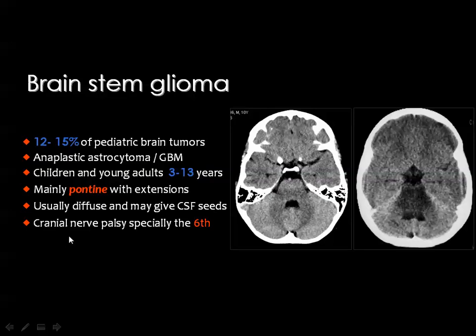One of the commonest presentations is the cranial nerve palsies, especially affection of the abducent nerve. Then the tumor is usually hypodense on the CT scan, and if you inject the contrast, it does not enhance. This section shows the normal appearance of the pons and the normal appearance of the fourth ventricle. But here you can see flattening of the anterior fourth ventricle by this hypodense expanding lesion representing